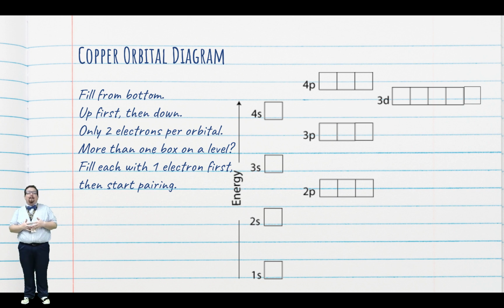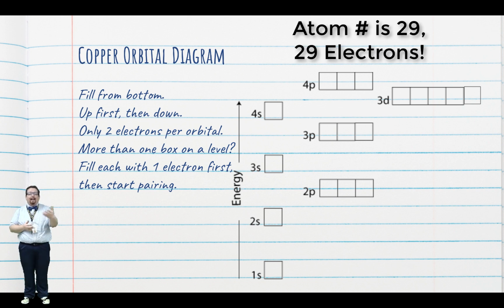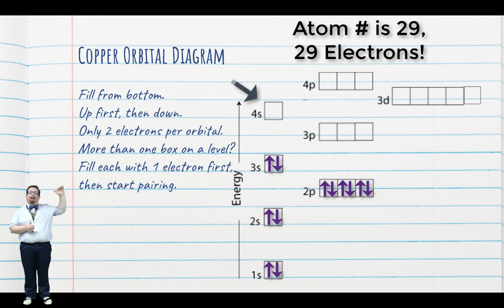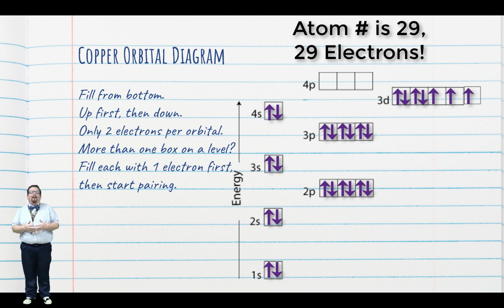Copper has an atomic number of 29, giving it 29 electrons if it's an atom. So let's watch what happens as we fill those in. You might notice the 4s orbital here is actually slightly lower in energy than the 3d orbital. That doesn't really make sense right off the bat because 4 is bigger than 3, so why doesn't it have more energy? Well, I'll talk more about it later, but the octet rule says that we can't have more than